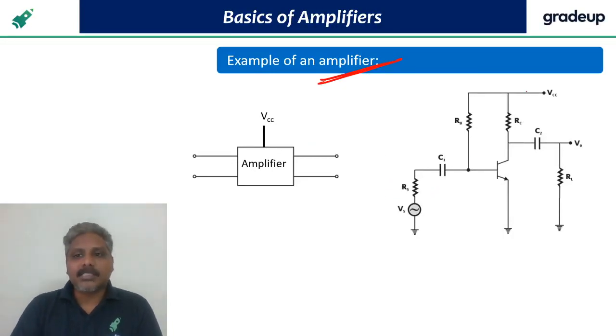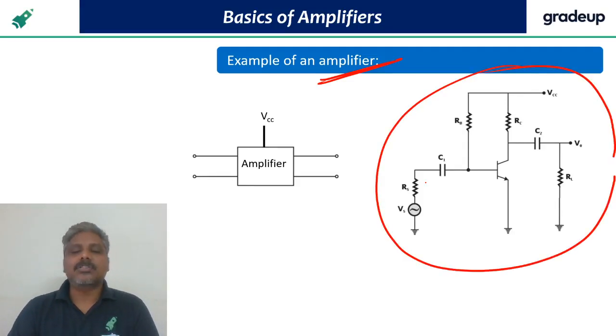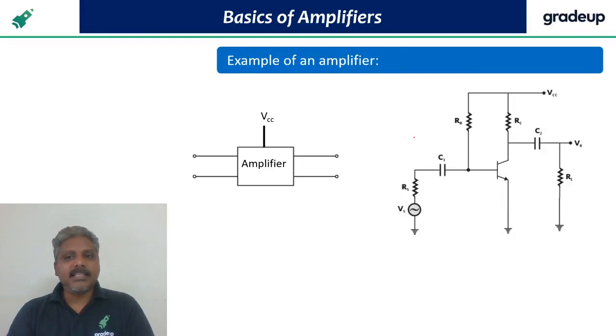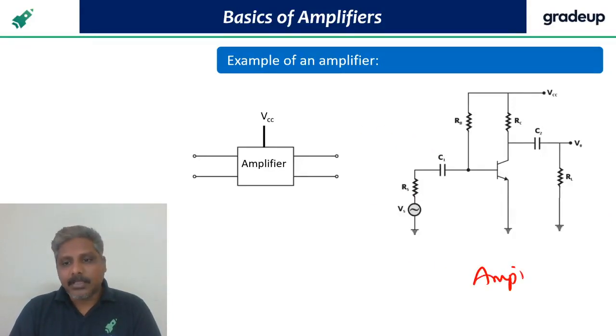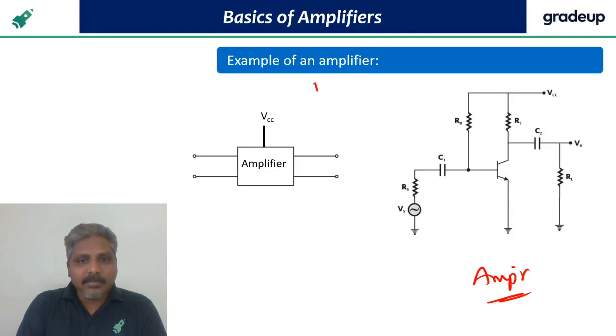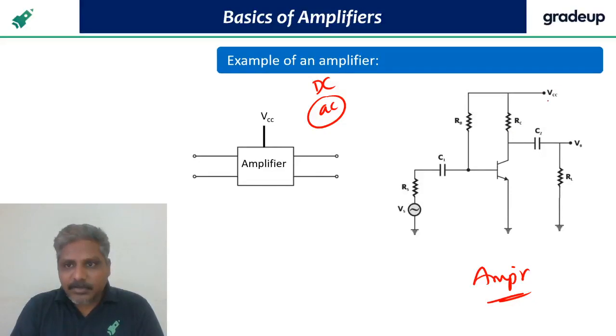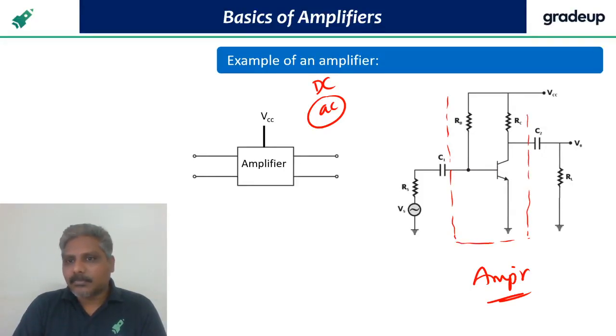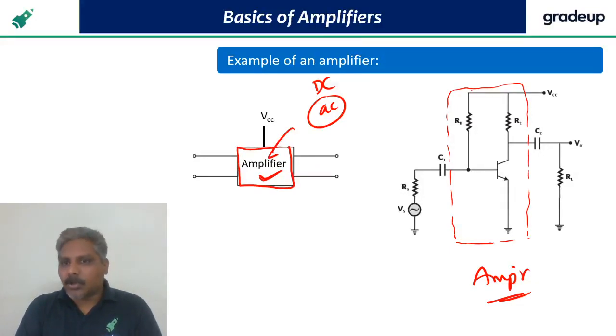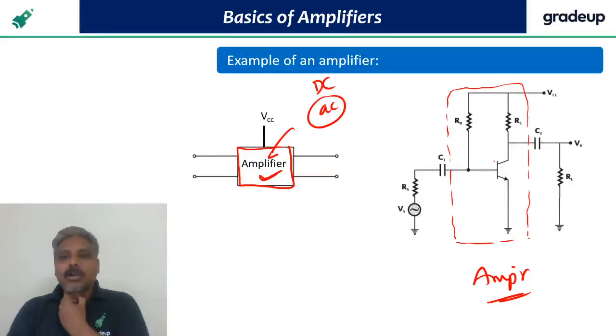Just as an example to understand, this is what the amplifier circuit actually looks like. In this, I am saying it is an amplifier. Remember, all of you. Amplifier means it will have DC, and it will have AC also, right? I'll show you now. This is the DC that we applied, and this is the portion which I am putting in the dotted part. This block diagram will have the amplifier.